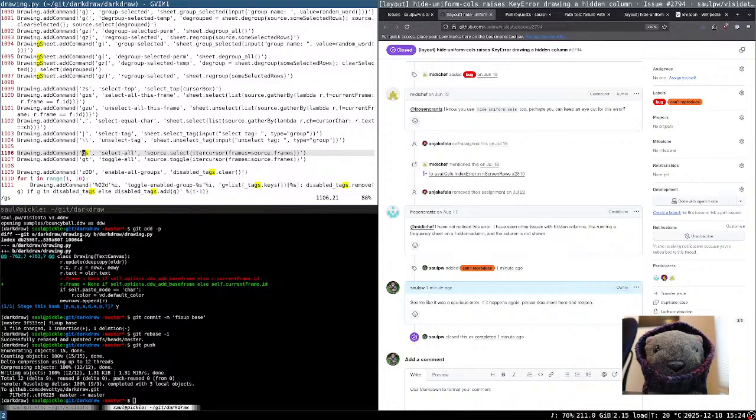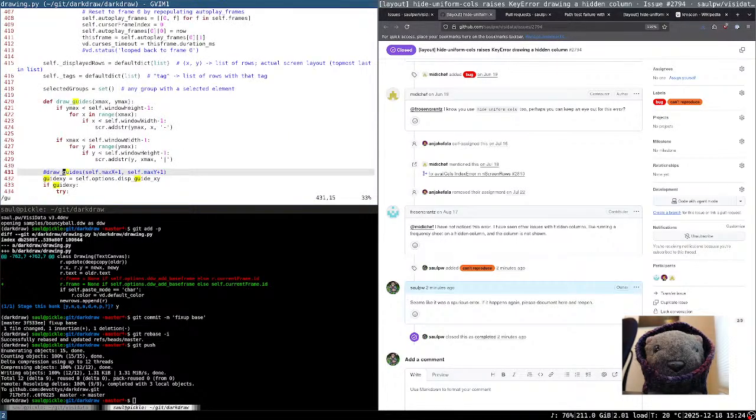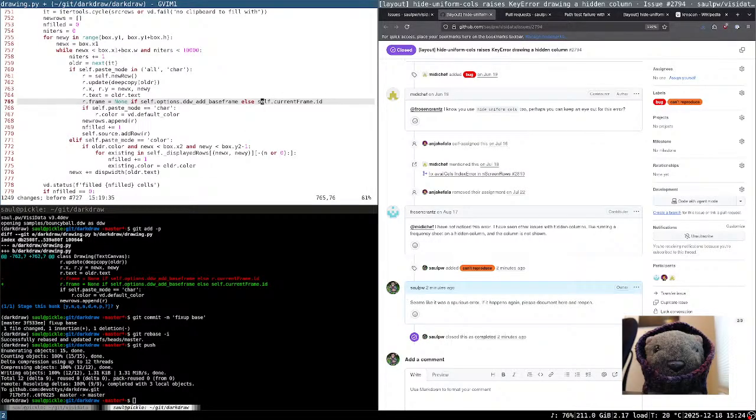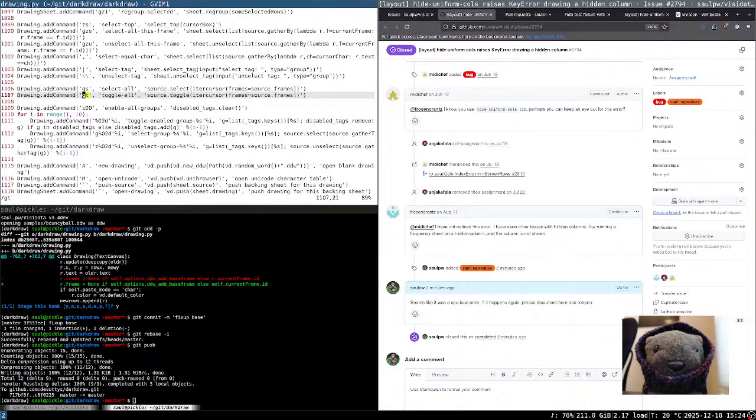I see, and you want to make S be select top. I would say GS. Interestingly, I think GS selects everything but the base frame. Yeah, I don't necessarily like GS and GT here. Is there a GU? There's not even a GU? Oh, okay, I just didn't do that one. Not that anybody uses it, but